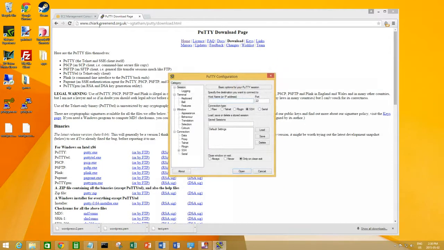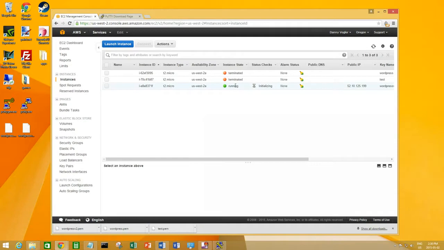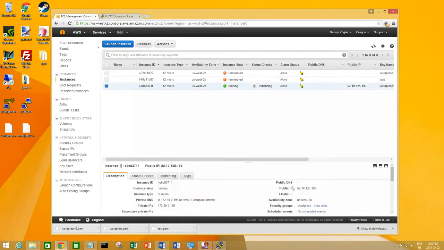Now open up Putty. You're going to want to go back in EC2. We can see our instance is running there. I've got a couple terminated. Don't worry. You're just going to see yours running. Click on it. It's going to have a public IP. Take that public IP into Putty,